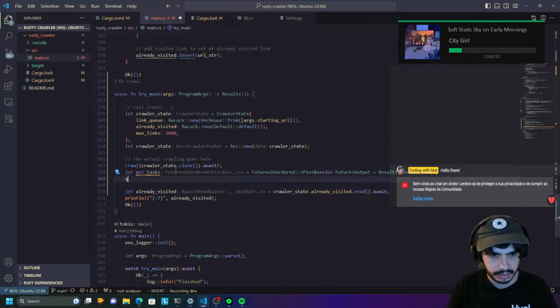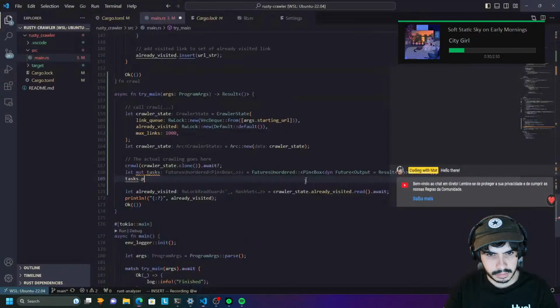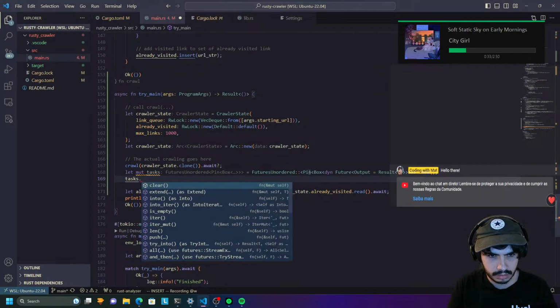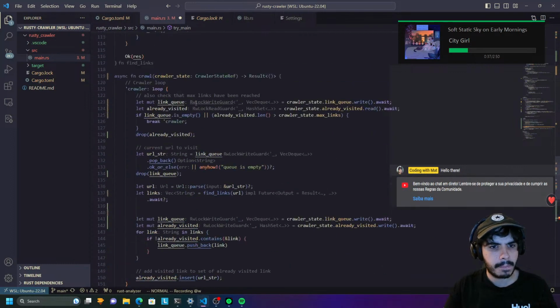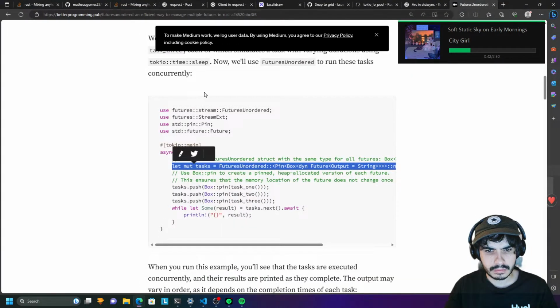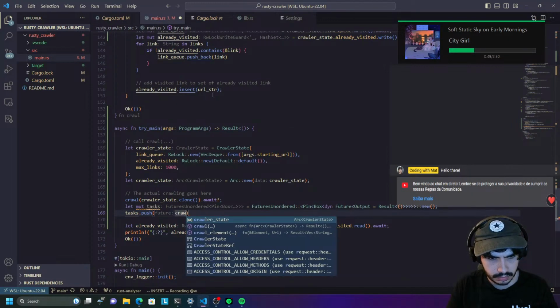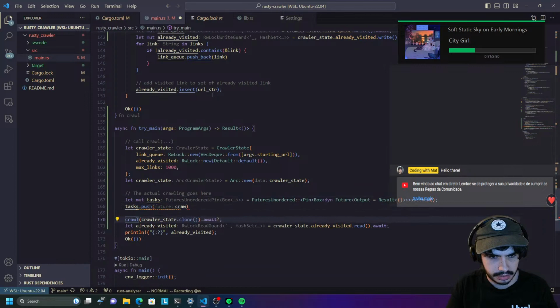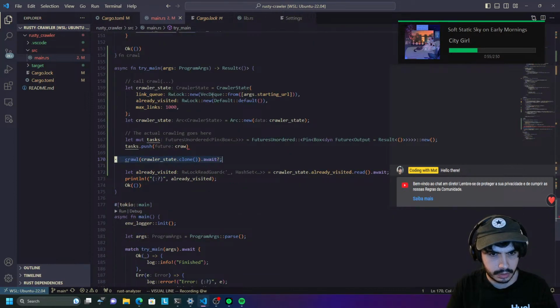I'll tell you what, that's a chunky thing, right? So tasks, no. What is it? Push and box pin. Okay. Yeah, this is what I do now. So crawl. I want to put this inside my worker thread here, as you can see. So crawl,